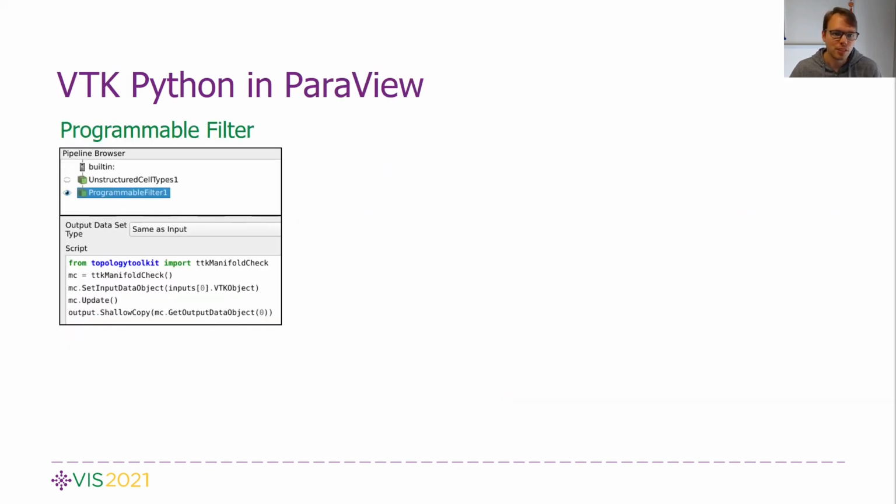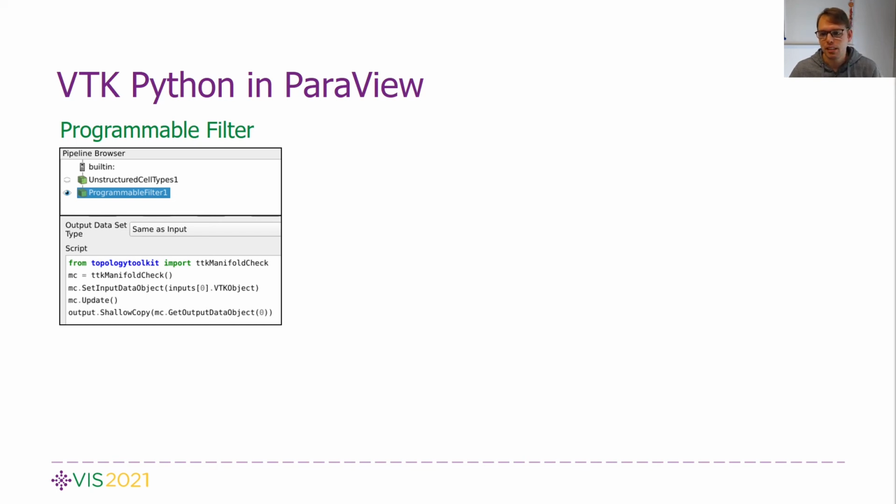Finally, I am going to talk about the use case of the VTK Python interface that I personally use the most often, and that's within ParaView inside programmable filters. These are basically VTK algorithms that execute a Python script every time they are called. And here we are actually not on the ParaView Python layer, but we are on the VTK layer. So we can directly access the VTK objects. For example, we could call a TTK filter in a loop and modify the data using the NumPy interface in between.